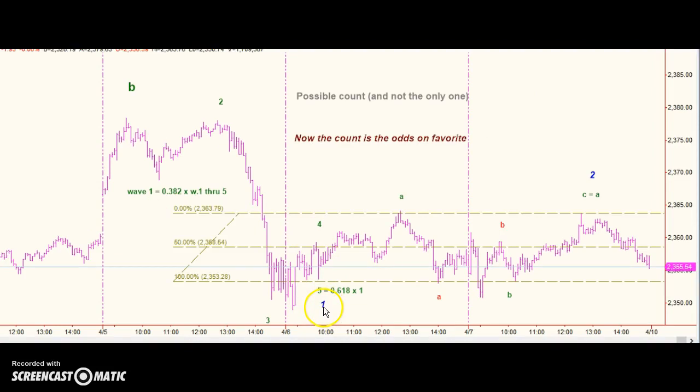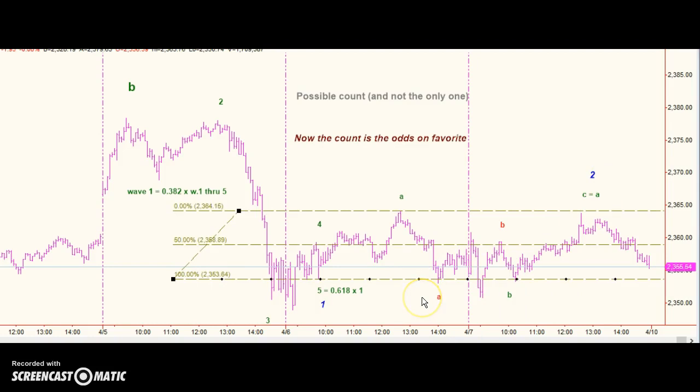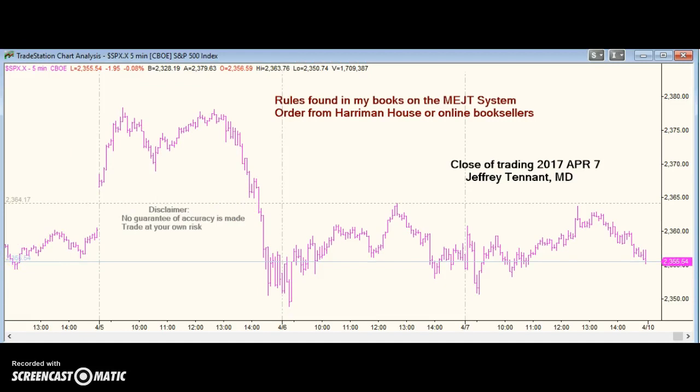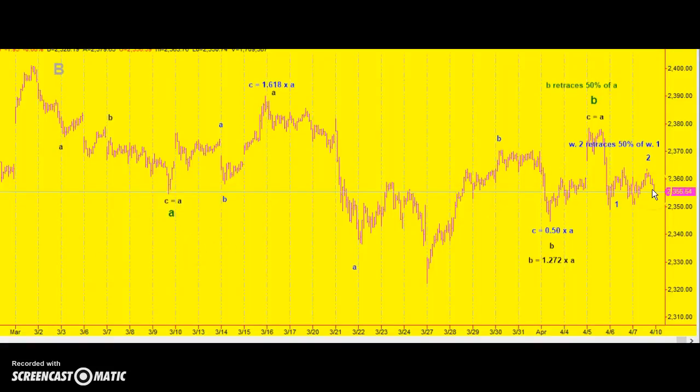Here's where I had my wave blue 1 ending yesterday. I said that was a possible end, but you don't really have to change too much to have this be A, ABC for B, and that wave C. And if you measure wave C and compare it to wave A, they are equal. If that's true, we're in wave 3 down. If it's an ABC, it'll bottom around 23.31.